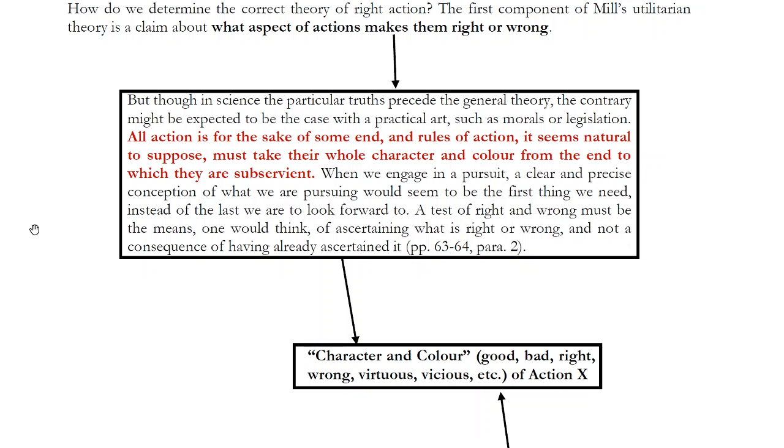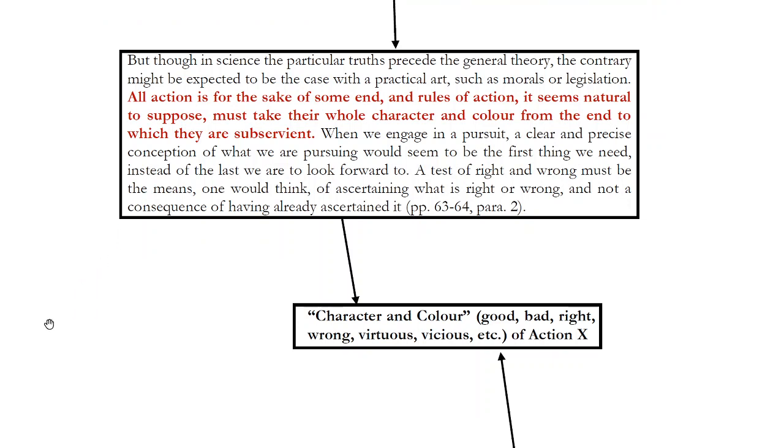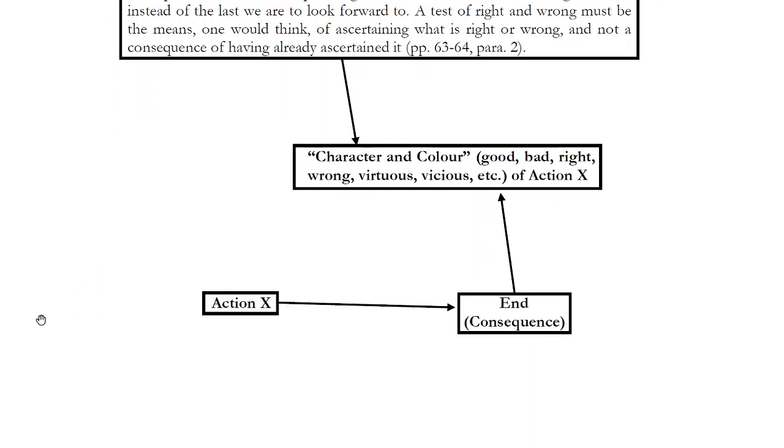And what Mill is telling us here is that whenever we're thinking about a good or a right or a virtuous action, or a bad or vicious or wrong action, when we make those determinations, we're always looking at the end or consequence of the action. In a sense, it's very similar to Aristotle, whom we saw previously. Every single action we take is for some end, it's for some purpose. And so Mill thinks it's totally natural to think that when we're asking, well, is it good in this